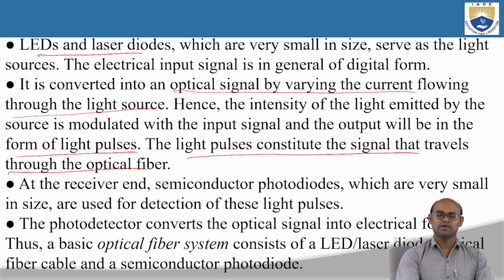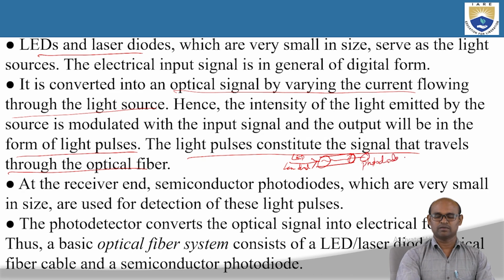So the signal that is converted from electrical to light signal will constitute whatever we have given as input, whether it is audio or video. At the receiver end, semiconductor photodiodes or photodetectors, which are very small in size, are used for detection of light. So we have used LEDs or laser diodes to input the light signal into this fiber. The light signal is propagated down through this fiber, and it is detected here by a photodiode